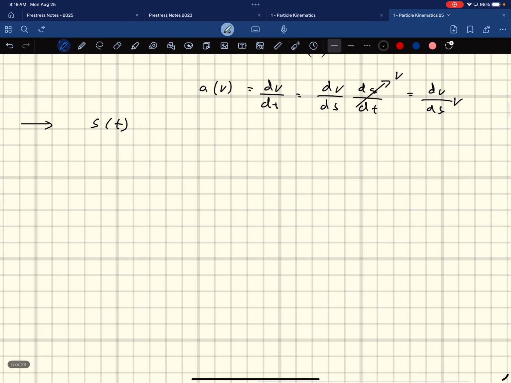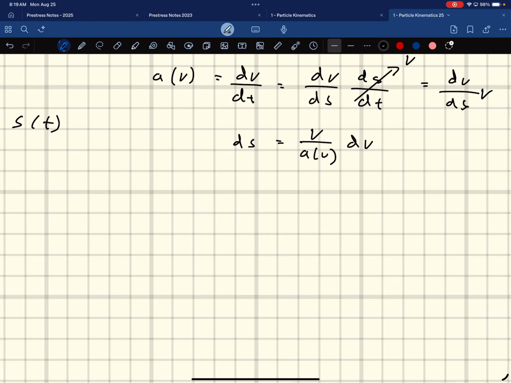Put all my ds's on one side: ds is equal to v over acceleration as a function of velocity, dv. And then I carry out this integral, s naught to s, this integral, v naught to v, and